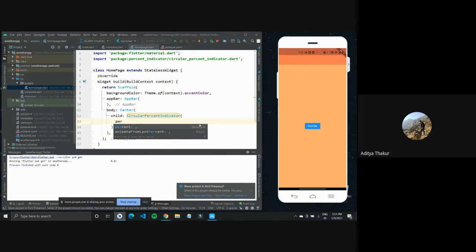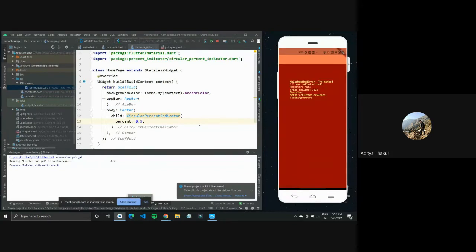So this is one of the points that I want you to focus on, how to know what the type is. Because when you start developing, it becomes very important to know, when you are defining a property, what the type of that property is and what you can mention for it. So this is something that I want you to take away from this workshop itself. So when you type in percent, it would take in a double number. So let us say 0.5.